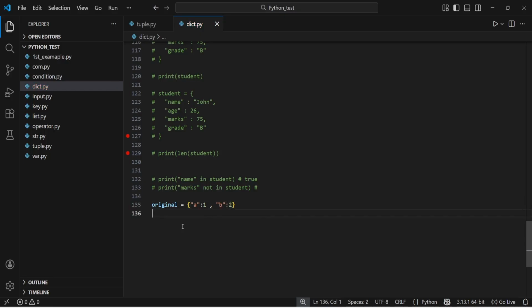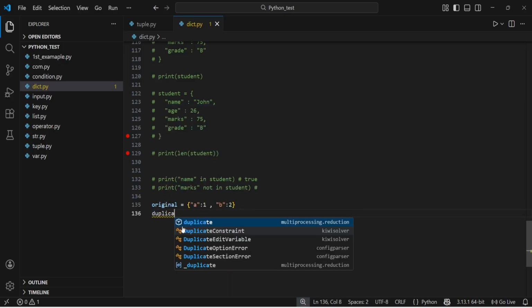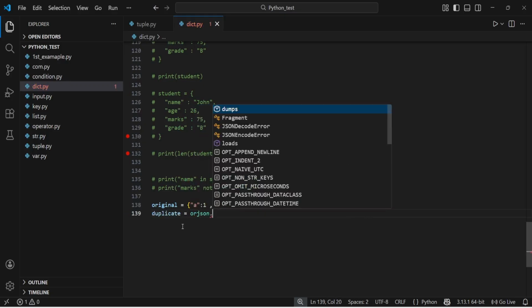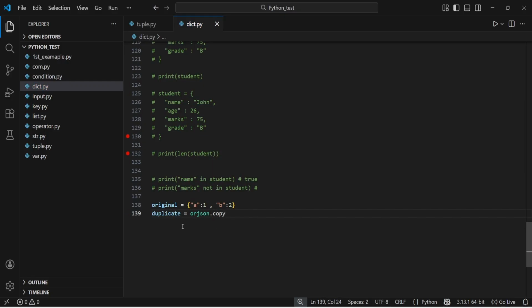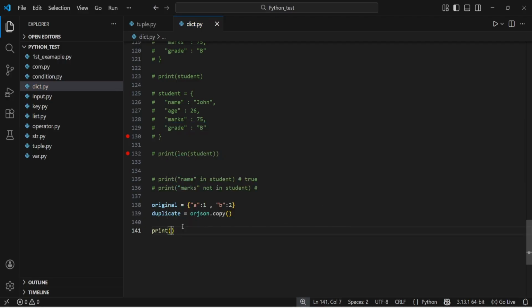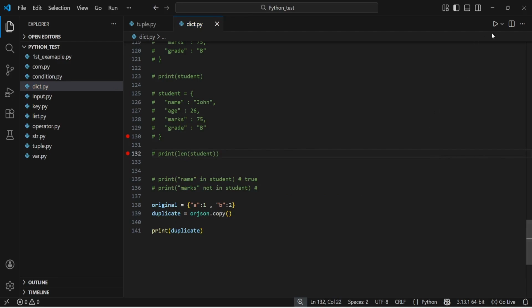Now I'm writing duplicate equal to original dot copy. Okay, just original dot copy. Now if I print the duplicate one and execute,